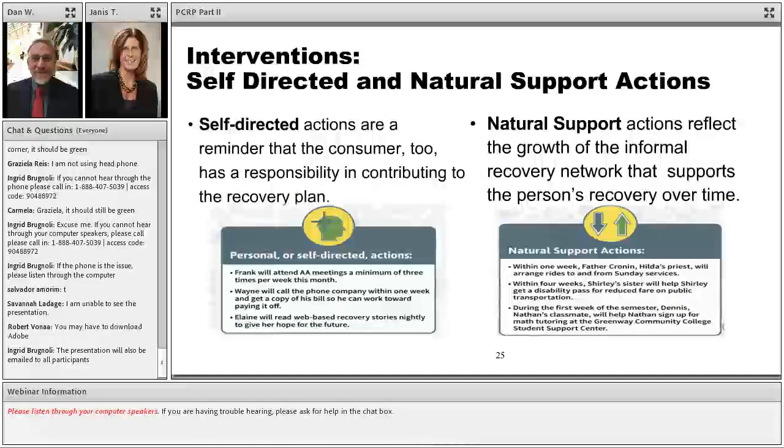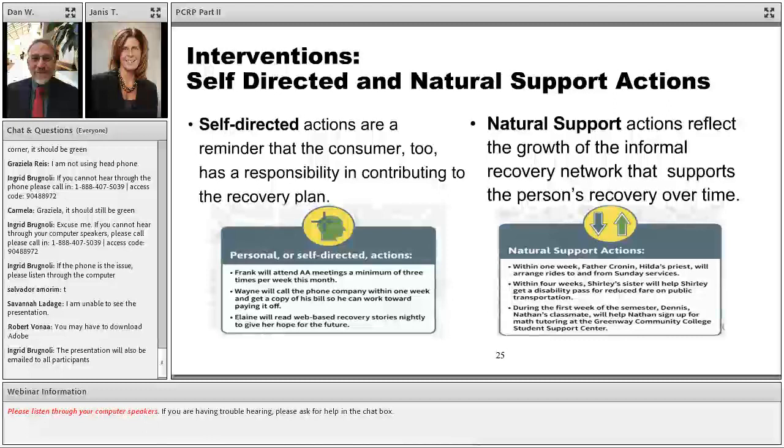And finally, we would say that a critical part of quality documentation and recovery planning is not to forget your self-directed and natural support actions. Traditional treatment plans are dominated by everything that professionals do. So the doctor does this, and the therapist does that, and the voc specialist does this. You're all still really important in the plan and in the equation, but we would say it's critical to build that sense of agency and involvement by identifying some self-directed actions that the person feels good about, that they can own, that they can take responsibility for. I'm giving you a couple of examples up here.